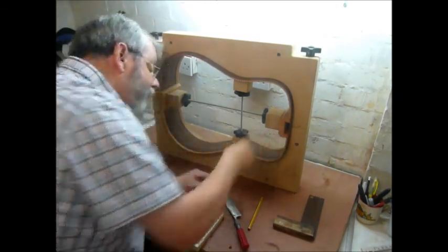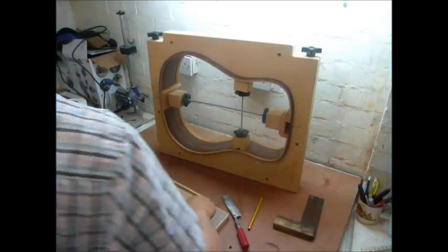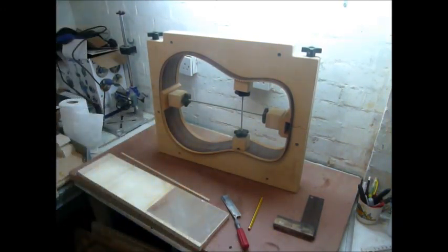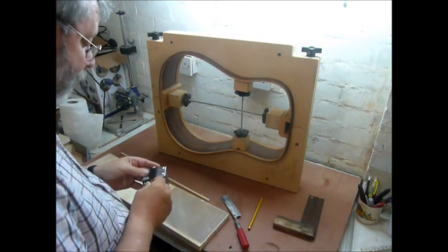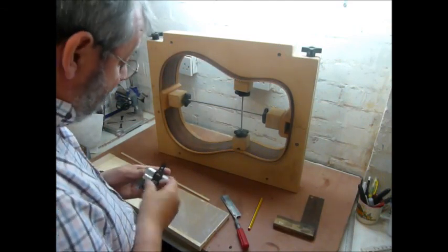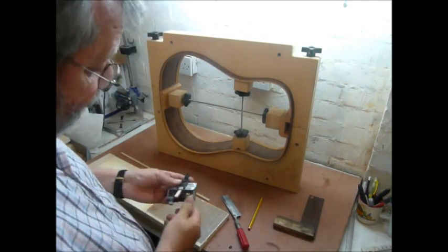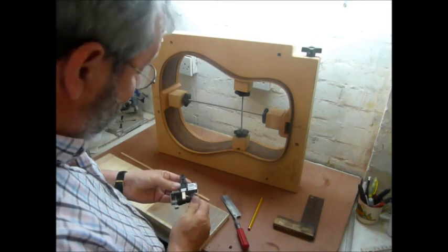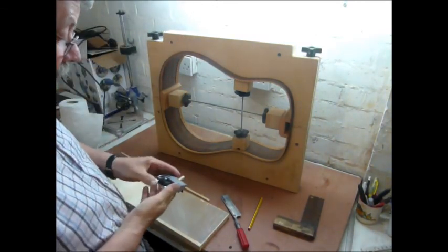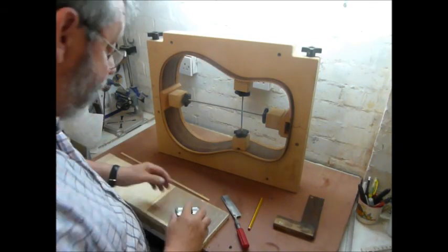Okay, fits beautifully. Now I'm going to sand the edge of this down a little bit. I just wonder whether it's possible to use... Yeah, why not? Anyway, it does woodwork now, it's a chisel and plane sharpening tool. But it should give me a nice, neat 30-degree angle on the...